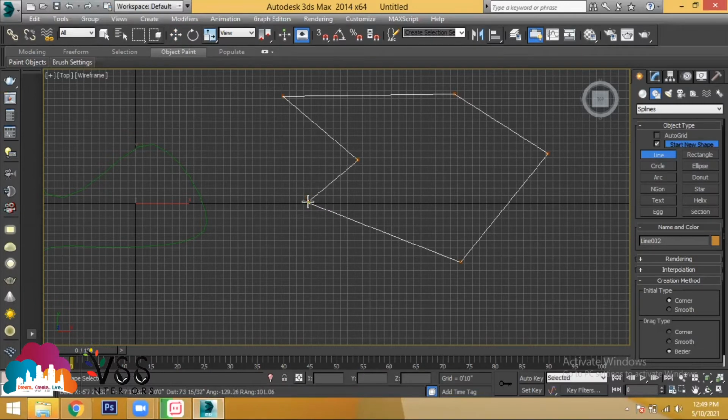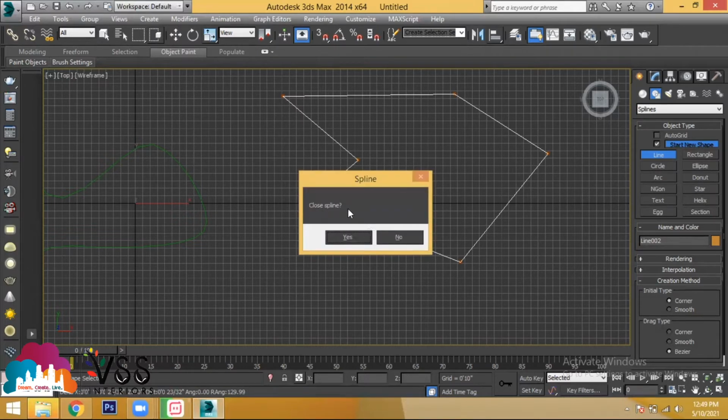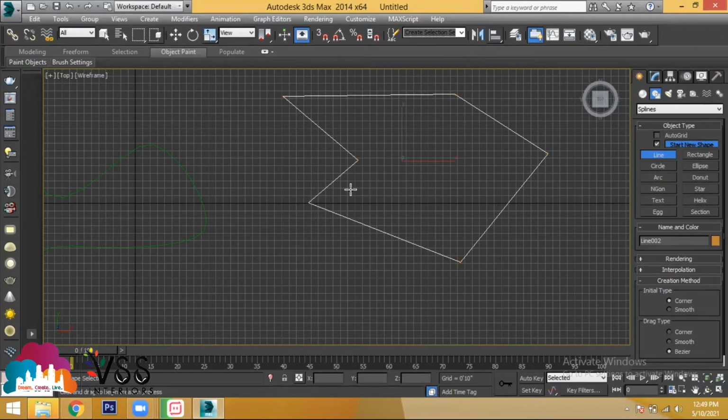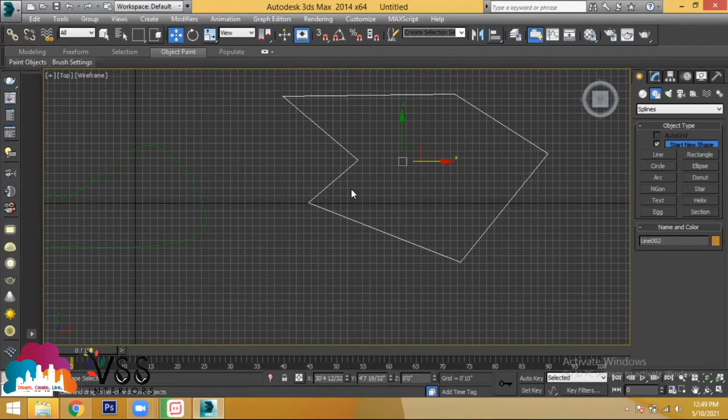If you want to end at the point where you started, put your cursor on the starting point and click. It will ask you the option called close spline. Press yes, and the object will get closed automatically. Is that clear? Understood how to create a line? You can't provide dimensions for the object. That is one thing you have to remember.